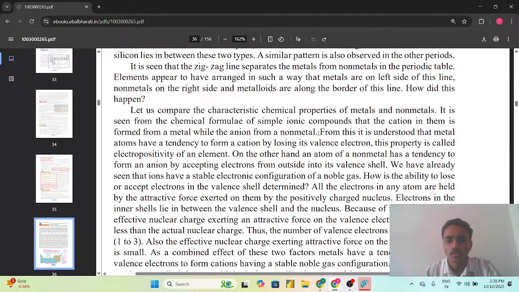So what is asked here is that from this it is understood that metals have the tendency to form a cation by losing their valence electron. This property is called the electropositivity of an element. मतलब जो मेटल की जो टेंडेंसी है कि वो इलेक्ट्रॉन दे सकता है, and another tendency is that of the anions, that they accept the electron,